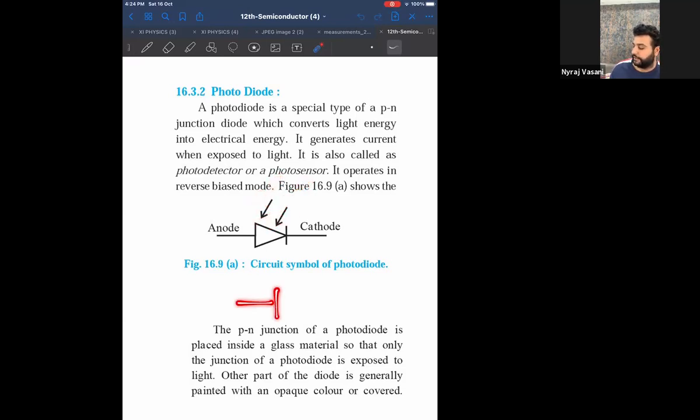Therefore, if I just draw the symbol like this, it means it's a diode. And if I draw the symbol like this, it means it is a photodiode. That means light is coming into the diode. Okay. Therefore, I want you to write from here till here. After that, I'll explain why it is always kept in reverse bias. Start writing. So write on the side heading photodiode in your notebook and start writing the notes quick.